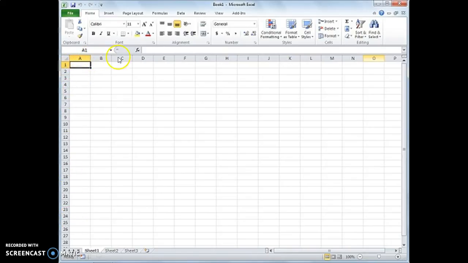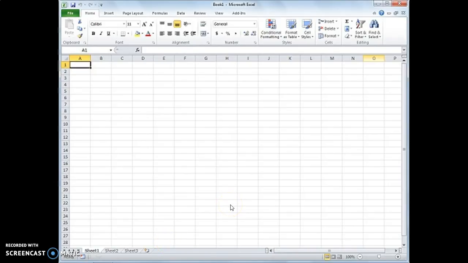So these are the columns, which are vertical and represented by capital letters A, B, C, D, and so on, and horizontal are the rows, represented by the numbers 1, 2, 3, 4, and so on. As you can see down, students, it consists of different worksheets. Worksheet 1, worksheet 2, worksheet 3, and so on. You can also add more worksheets over here, and then you need to save it.